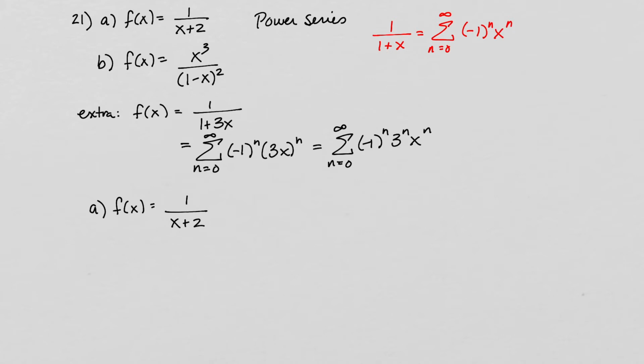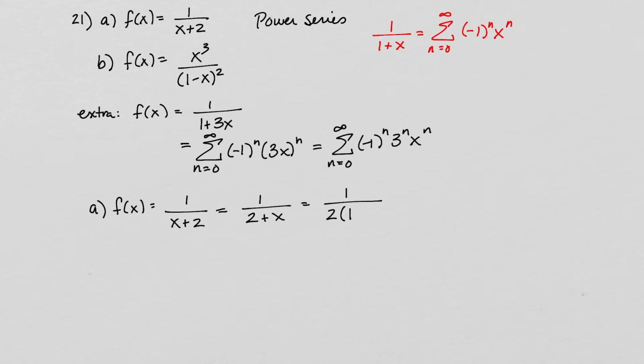So what I could do is factor the 2 out of the bottom. 1 over x plus 2 is the same as 1 over 2 plus x. Now if I factor the 2 out, I have 2 times